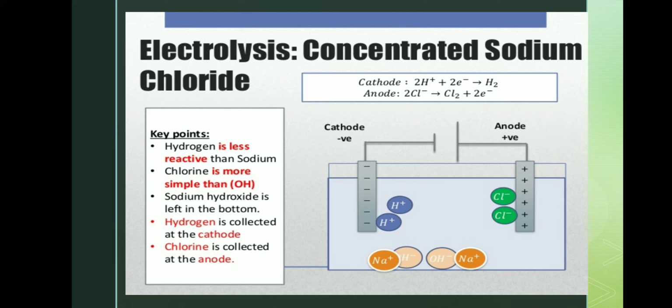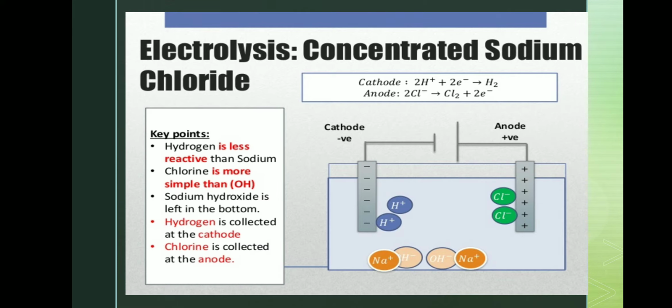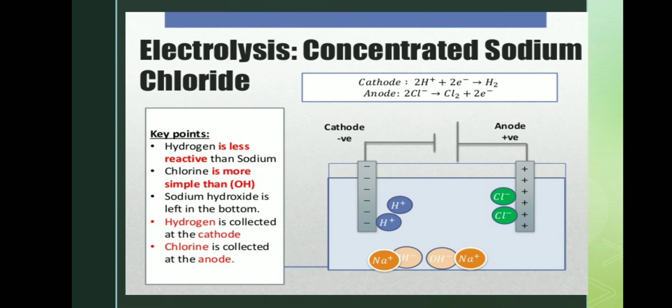You can see that we have taken the NaCl solution in this beaker and we have put two electrodes. One is the cathode and the second one is the anode. Fine. So when electricity passes through, you can see in this upper box how the reaction takes place. At the cathode hydrogen as well as sodium hydroxide is released, and at the anode, what do we get? We get chlorine gas, right? So next is, what are the uses of sodium hydroxide?